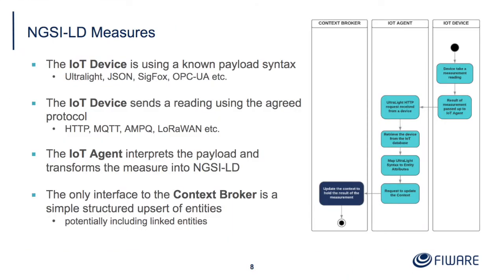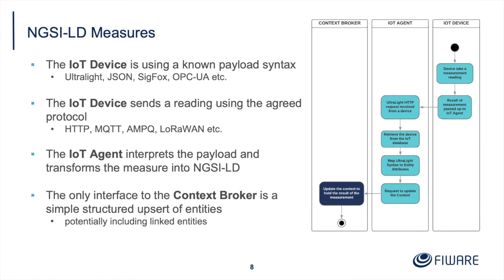NGSI-LD measures are very, very similar to NGSI V2 measures. Indeed, this is the same graphic as you would get for NGSI V2. You take a device reading, the device passes up some sort of measurement, it doesn't matter what the syntax is at this point, into the IoT agent. The IoT agent itself must be able to parse that data. In this case, the Ultralight IoT agent will be able to read the data in as Ultralight,